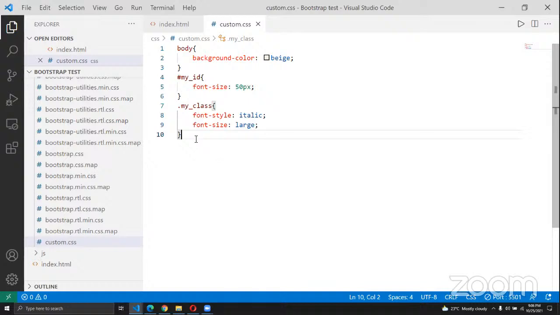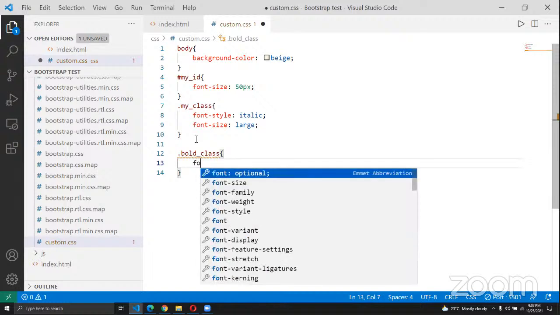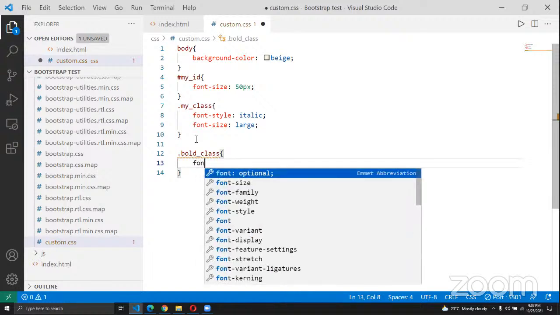In case I have another class here, maybe this one just makes them bold. Let me add class. So here I'll come and type in font weight, and I say I want it to be bolder, so that it's so bold. When I come and check, there's nothing which